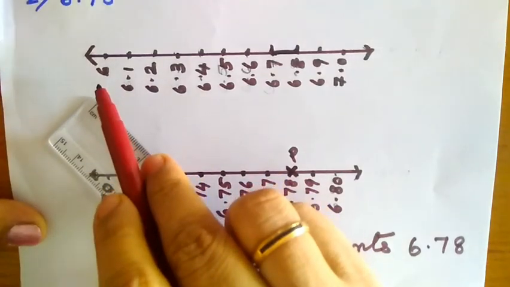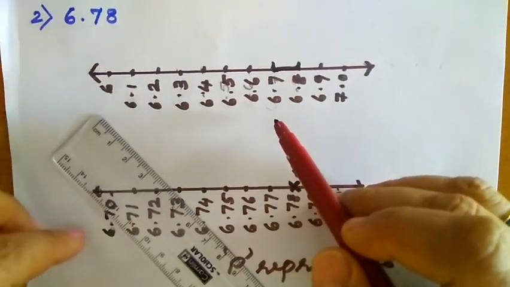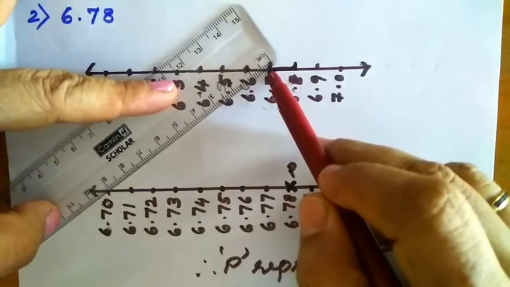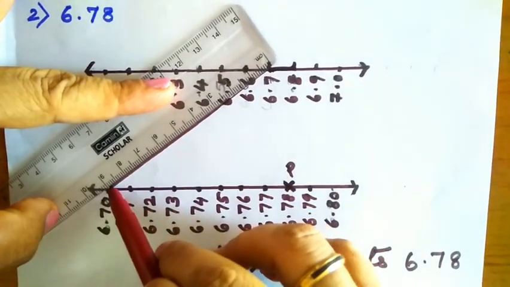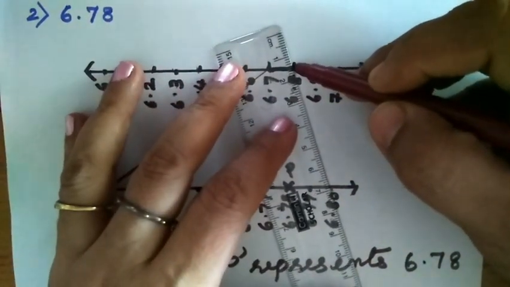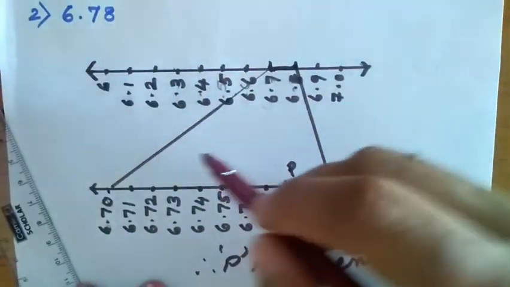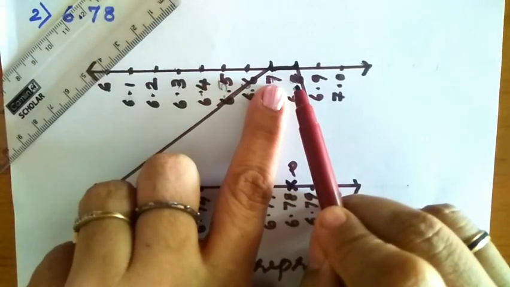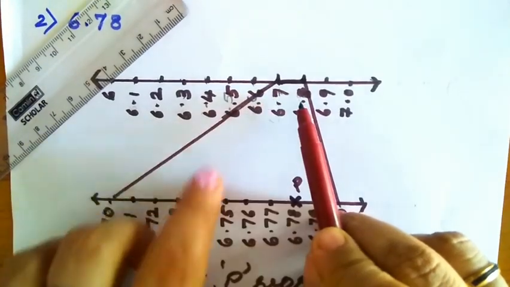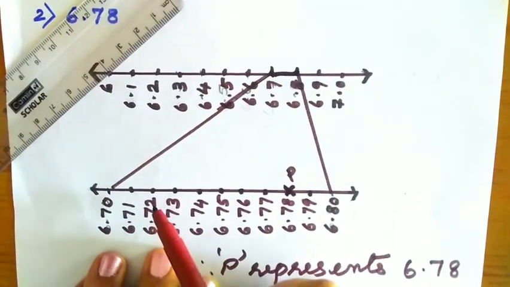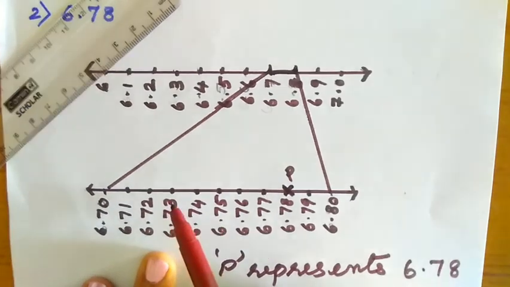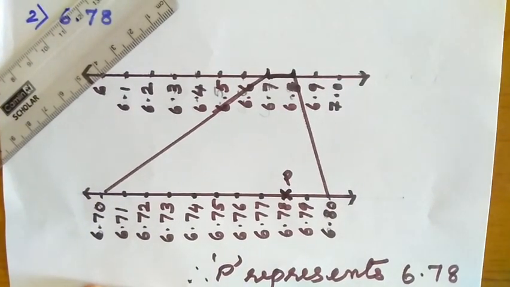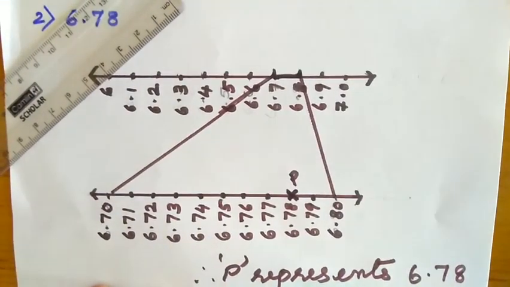Now one more thing we have to do here. On the first step we have drawn from 6 to 7. From the second line we have magnified, that is 6.7. See, from this one line should be drawn here. Here also from 6.8, like this. So from this only we are using the magnifying lens. So here, assuming that we are keeping a magnifying lens, we enlarged the number line for locating this rational number on the number line. So we can understand more clearly that this type of numbers also exist on the number line.